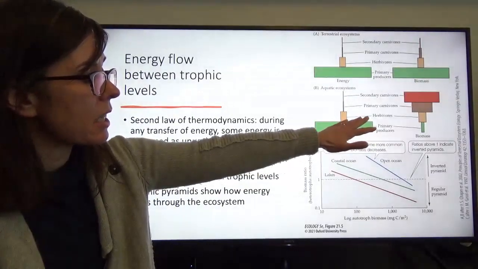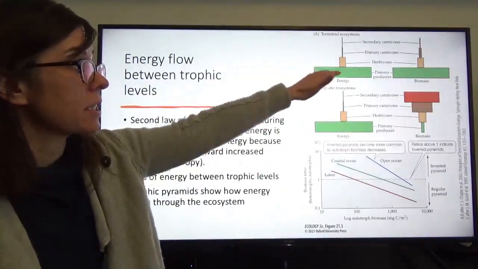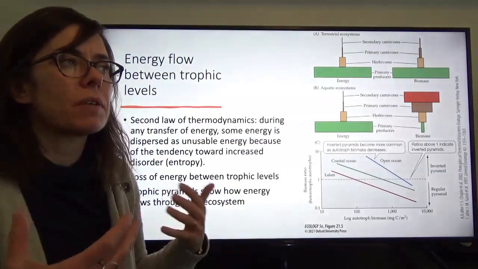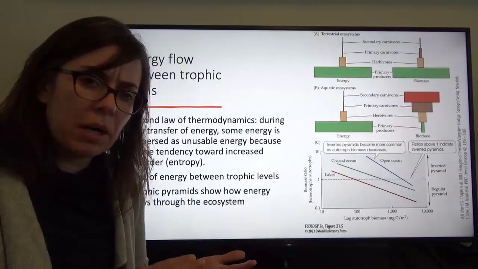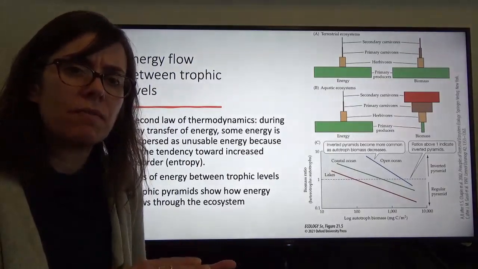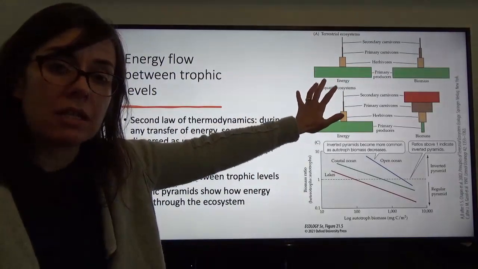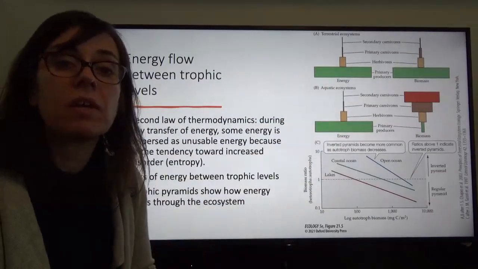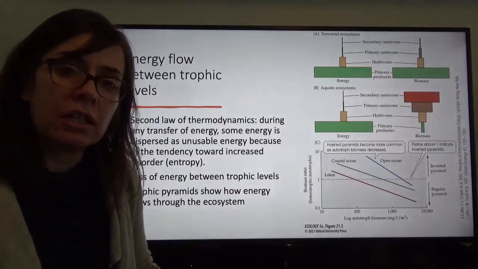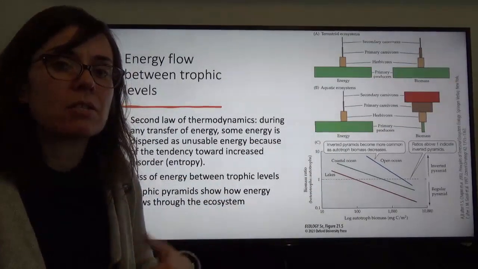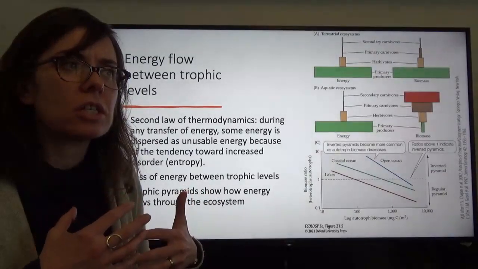And the other component of this is that the efficiency with which higher trophic levels can take up resources from phytoplankton is much greater than it is in terrestrial environments. So if you think about terrestrial environments, we have these fairly advanced plant bodies where there's a lot of undigestible parts of the plant, where there's investment in chemical defenses and physical defenses against herbivores. It's much harder to consume plants in these terrestrial environments than it is in aquatic environments where you have fairly undefended phytoplankton as the autotrophs that are much more energetically accessible compared to plants. And so herbivores in terrestrial ecosystems have to spend a lot more energy digesting and consuming